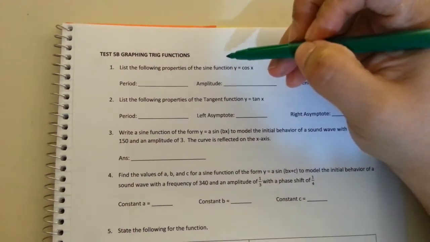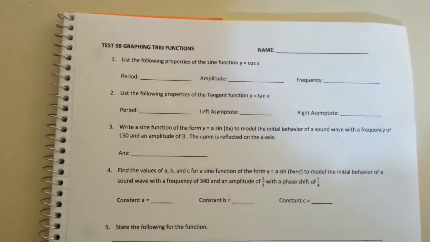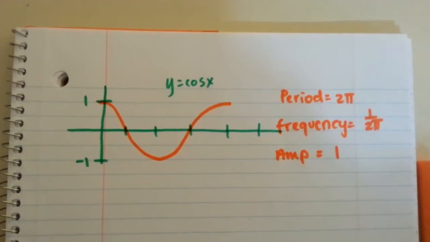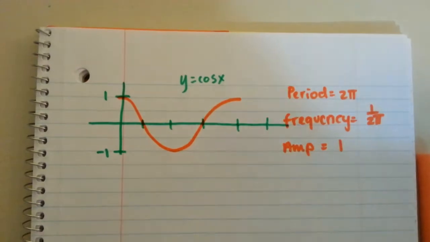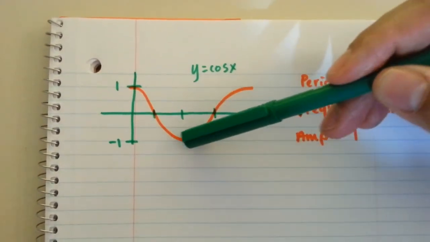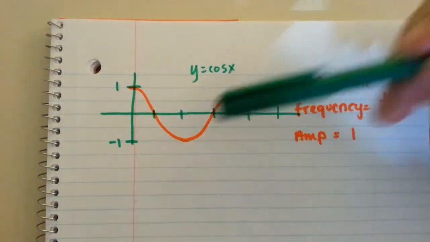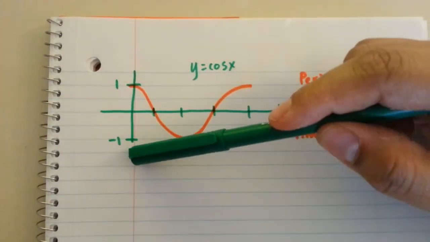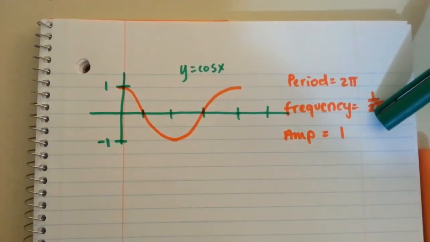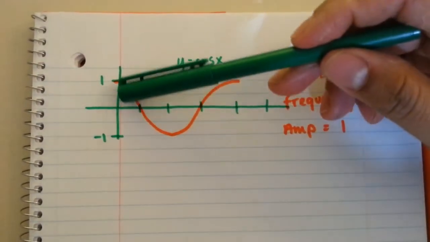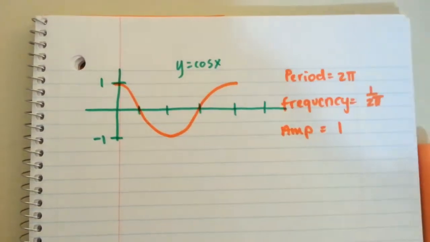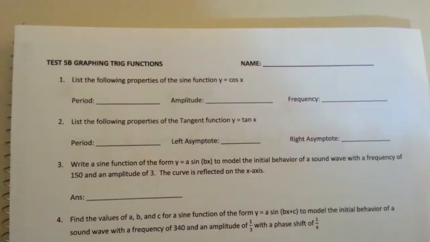Well, we've graphed y equals cosine x. We've done this previously and we know the shape of the cosine curve. We know how high it goes. We know that it starts at 1, intercepts, the minimum is -1. So we actually know that the period goes from 0 to 2 pi. We know that the frequency is 1 over the period. And we know that the amplitude is 1 because it starts at 0, goes all the way up to 1, top and bottom. So this is information we knew before.